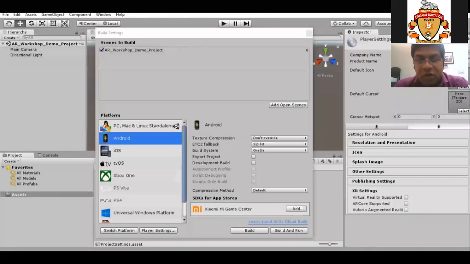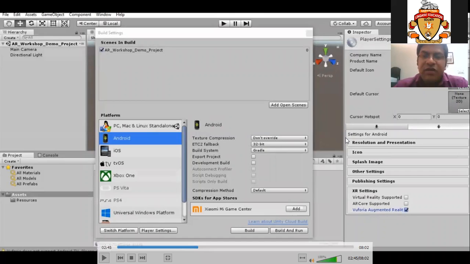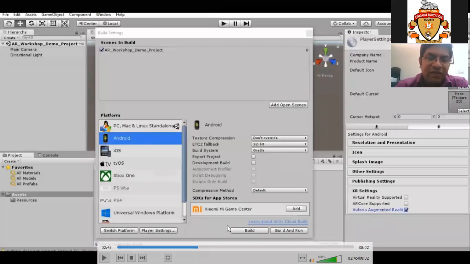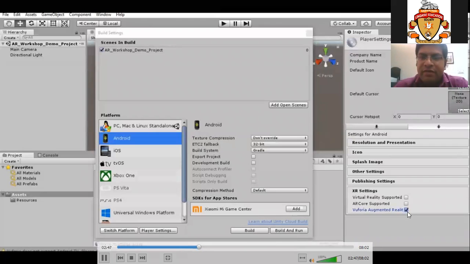If this is not selected, we will not be able to use Vuforia. So we have to keep in mind, this should be checked. Now, after creating the VR or AR application, if we click on build, then the Android app will be built automatically. If we click on PC and click on build, the .exe application will be built. Okay. So these are the steps. We have enabled the Vuforia augmented reality.